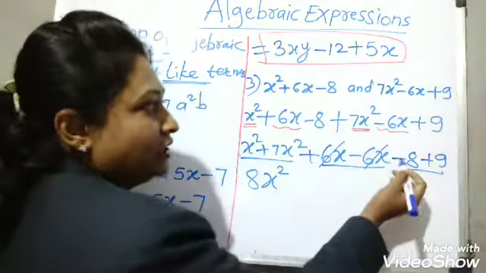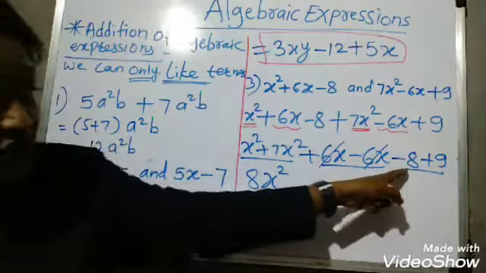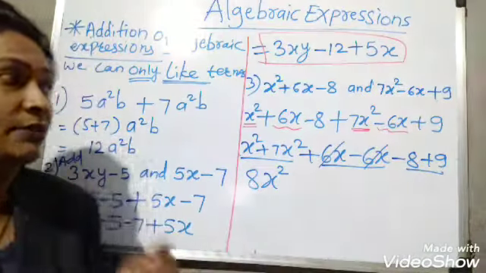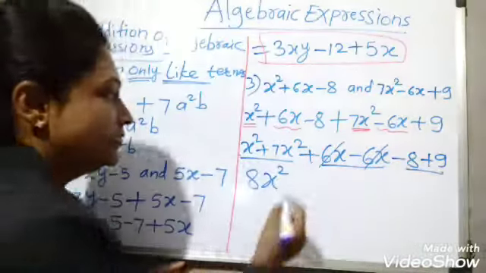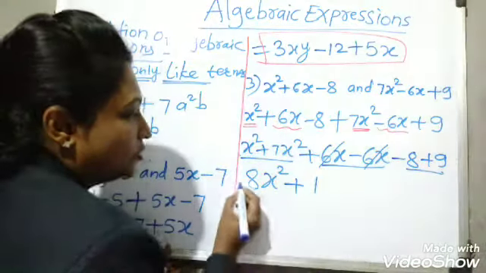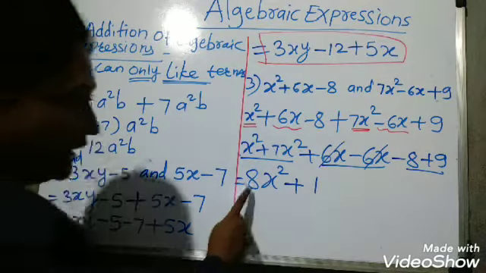It is for easy calculation. Always remember. Now here minus 8 plus 9. Now different sign, so subtraction. Here also you should know integers, for that watch that video. 9 minus 8, so here plus 1, the big number's sign we are giving. So our answer is what now? 8x square plus 1. Now we can't add this 8 plus 1.